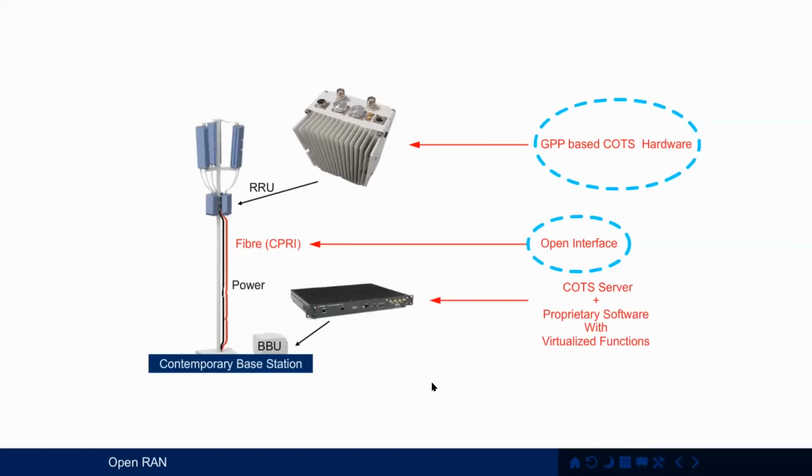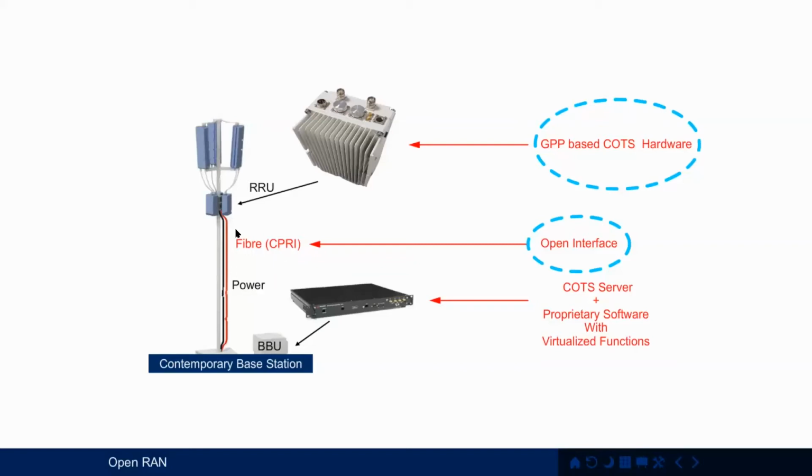Now, if we look at a contemporary base station, at the bottom of the mast, we'll have a device called a baseband unit, a BBU. And the baseband unit does all of the baseband functionality, things like channel coding, error correction, burst building, perhaps inverse fast Fourier transform, that type of activity. And at the top of the mast, we'll have a remote radio unit, an RRU, which does modulation and demodulation, transmission and reception. And the RRU would connect to the BBU, typically using a fiber optic connection, possibly using something called CPRI, the Common Public Radio Interface.